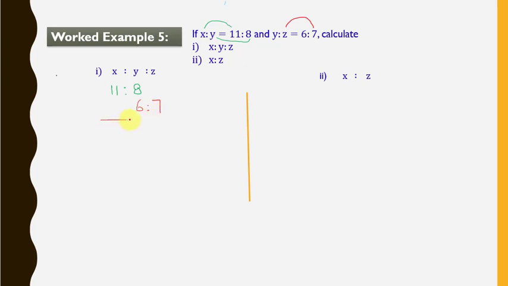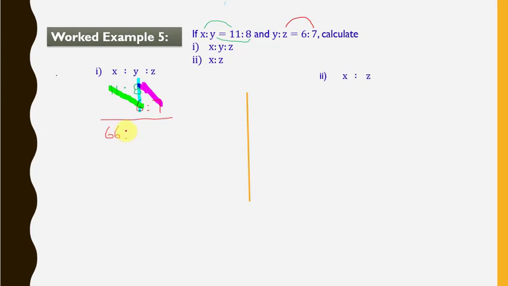Then after this you will just put a line over here, and we will multiply 11 into 6. Then we will multiply 6 into 8, and finally we will multiply 8 into 7. 8 into 7, right? That is how we are going to solve such questions. It is like a formula. Okay, now 11 times 6 is 66. So I will write 66 over here just below the x. So it is my x.